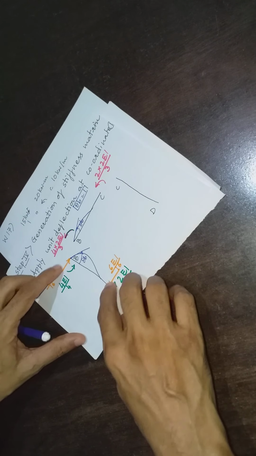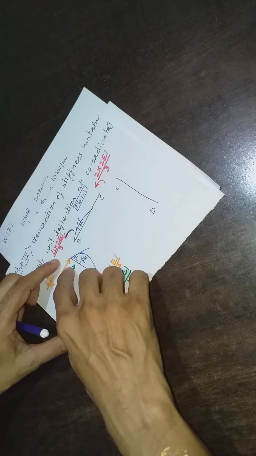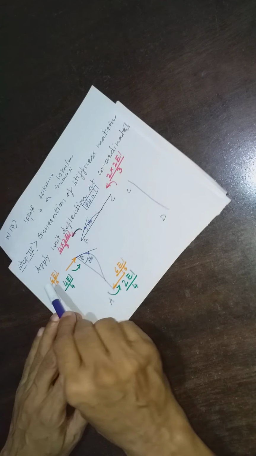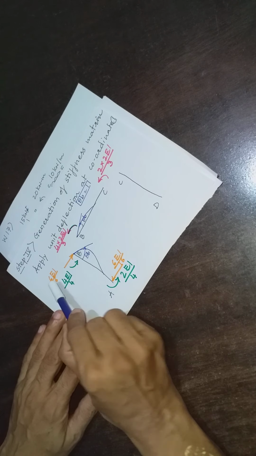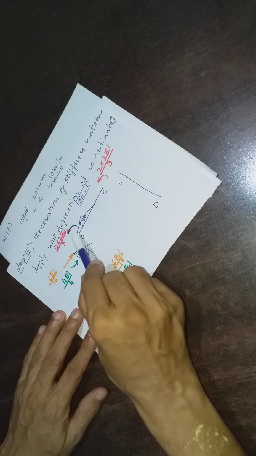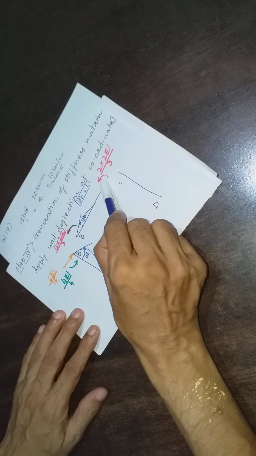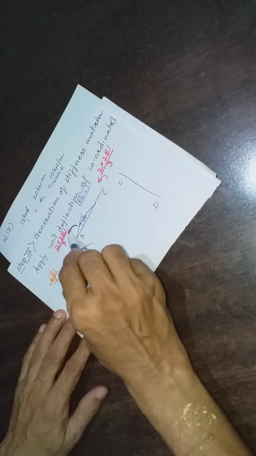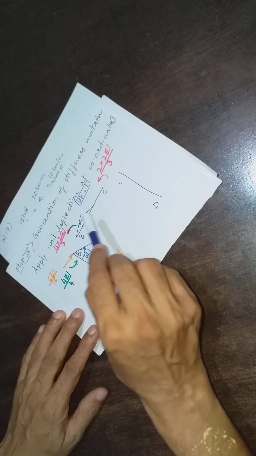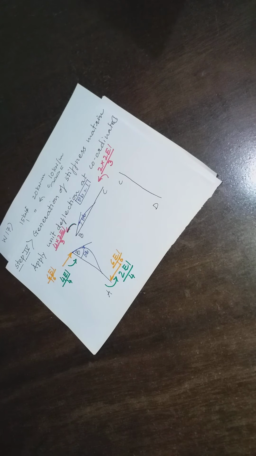But there will be some reactions which I have considered. If these two are rotating in anti-clockwise direction, there will be some forces rotating in clockwise direction of the magnitude 6 EI by 16 and 6 EI by 16. I have not considered the reactions in the portion BC because I know there is no coordinate in the portion BC which is acting in the direction of the reactions. Now can I write the first column of stiffness matrix?